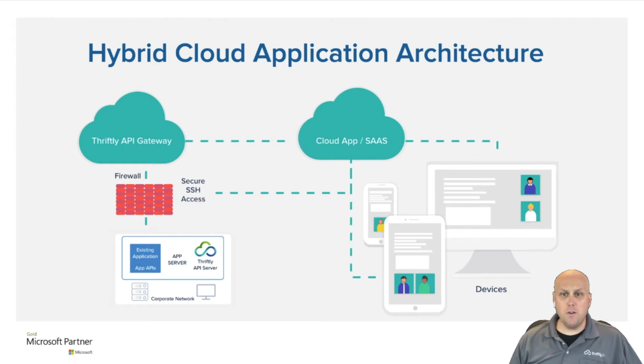This is an especially useful setup for ISVs that have customers that want or need to keep their database on premises. Using Thriftly's gateway technology, you can build an API that is deployed to a customer site and accessible on the internet without having to worry about things like network configuration, network address translation, firewall setup, and even TLS encryption, things like that. Thriftly can handle all of this for you, which allows for a setup where the front end of an application can be hosted in the cloud, while the customer-specific API is hosted right out of their own